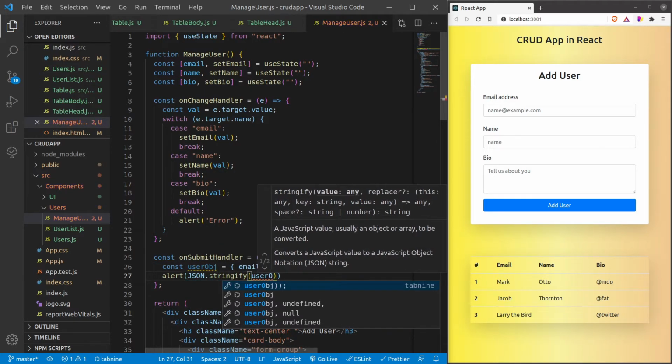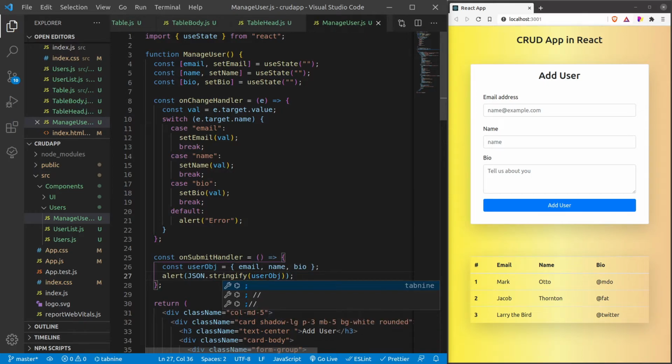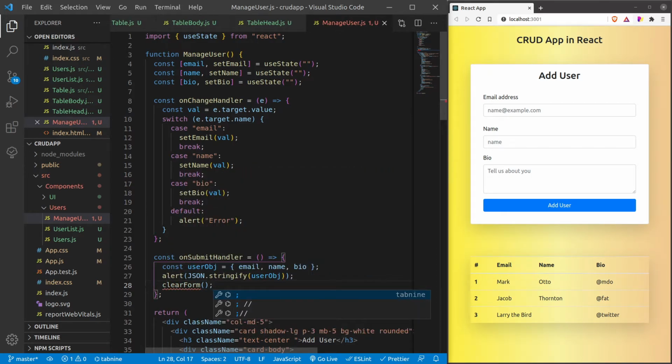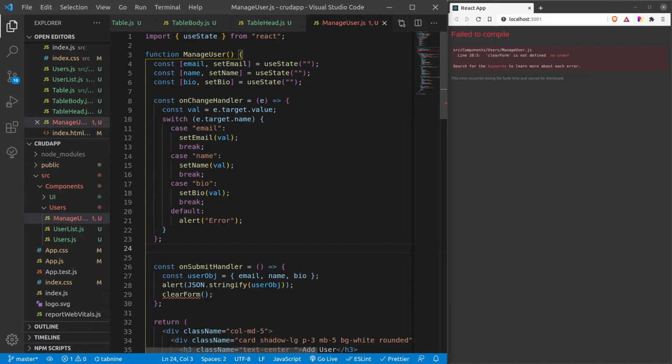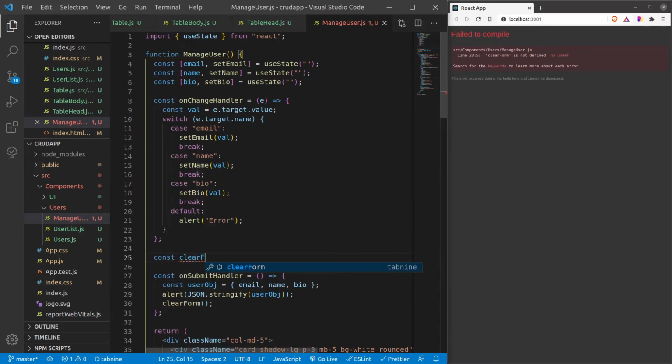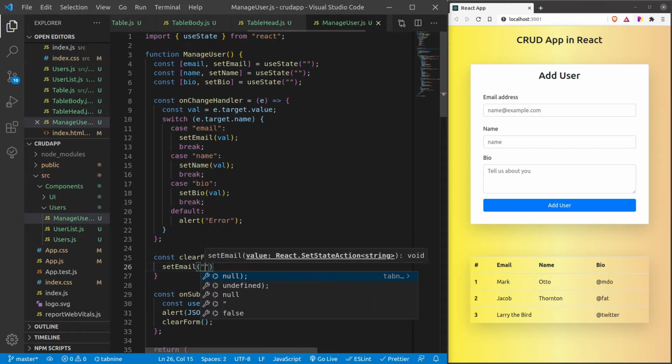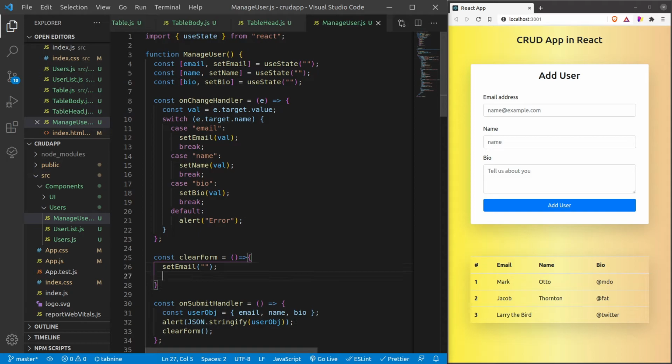So for now what we can do is directly alert JSON.stringify userObj. All right, and apart from that, we need to clear our form. So for that, let's call a clearForm method, and let's create this clearForm. Const clearForm is equal to an arrow function, and then setEmail as blank.